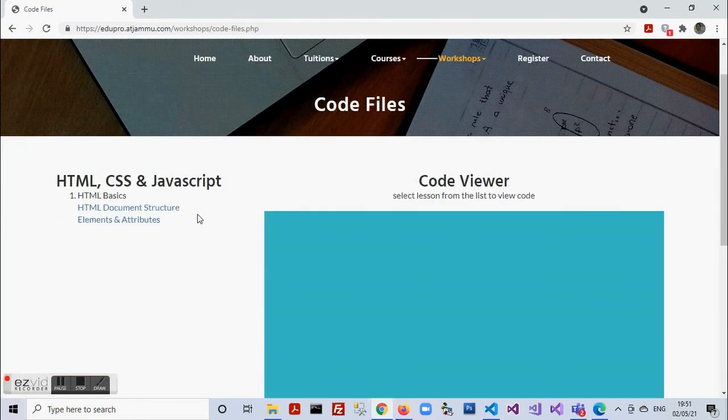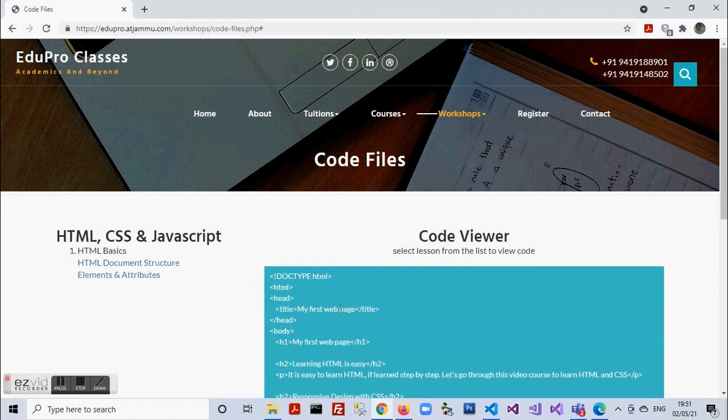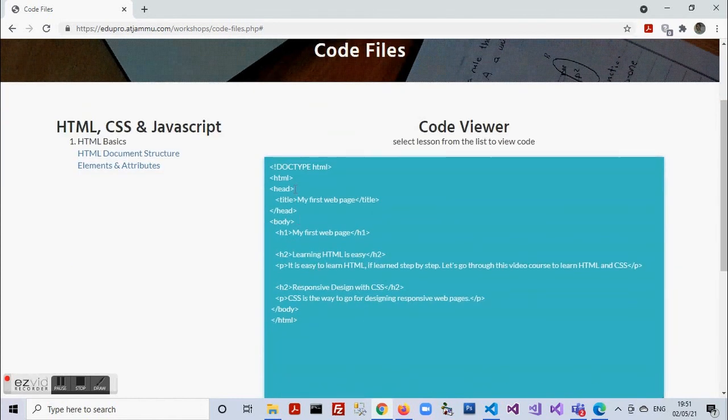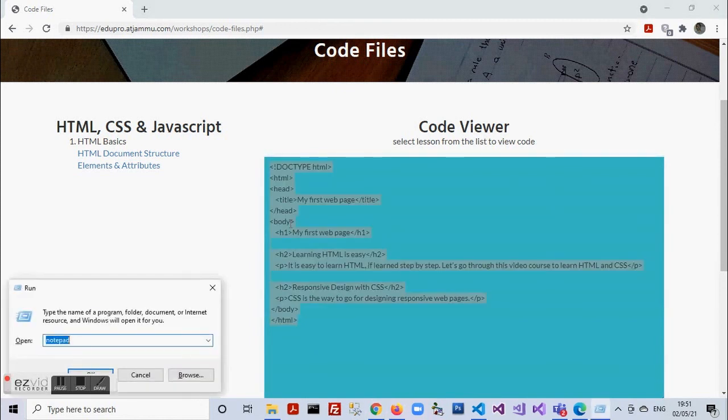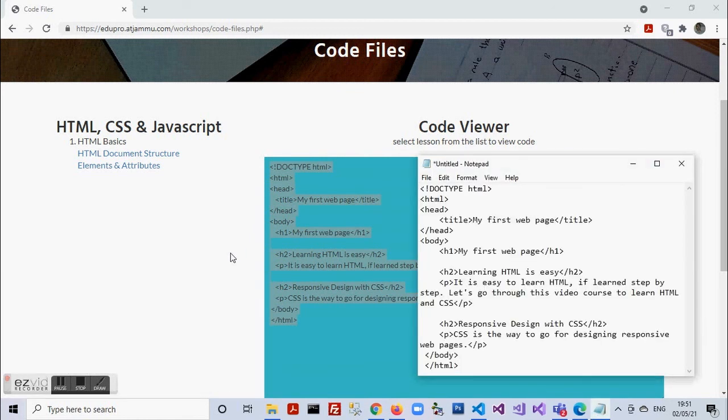Here you see that on the left hand side I am having the list of the tutorials. This list will be added within a few days. I'll be having more lectures within this list. So the first one I took up with you today is HTML document structure. So the basic content of this lecture is already available for you to copy and paste into your text editor. You may select all, you may say copy, and within any of your code editors, like let's say the basic code editor is Notepad, we can copy and paste to Notepad. We can save this.